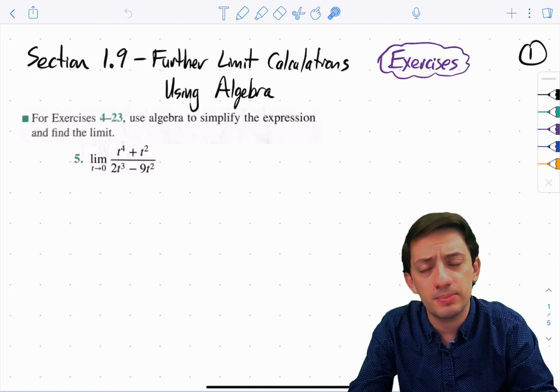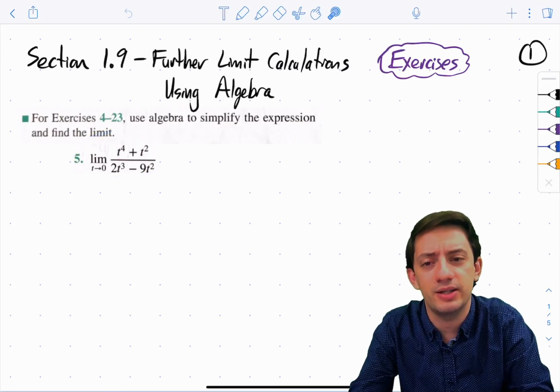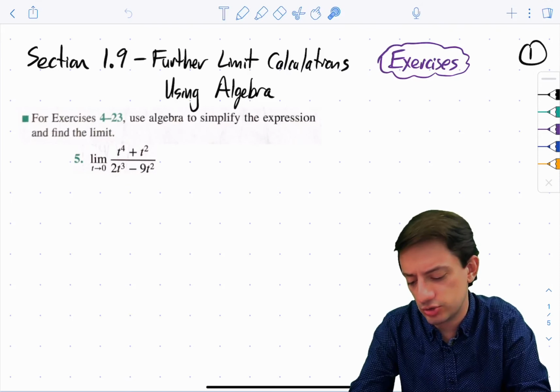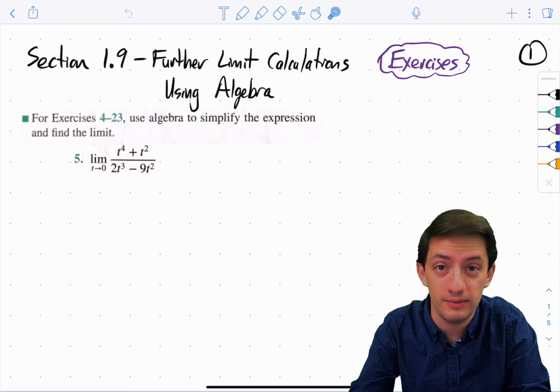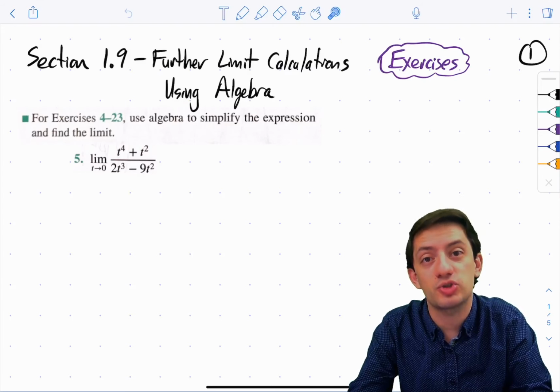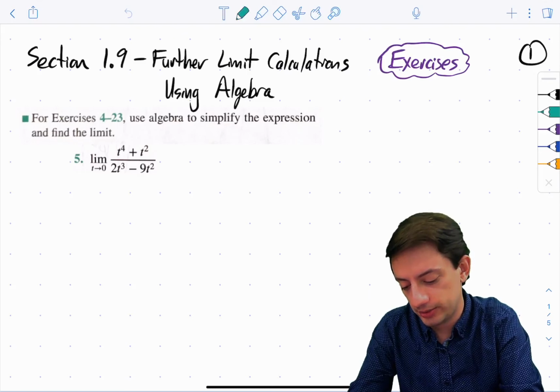This one is pretty simple, though. We look at this thing, and we want to take the limit as t goes to 0. If we just try to plug in 0, we get 0 over 0. So that means we don't know what to do yet. Let's just do some arithmetic. Let's try to factor and see if anything cancels. The numerator